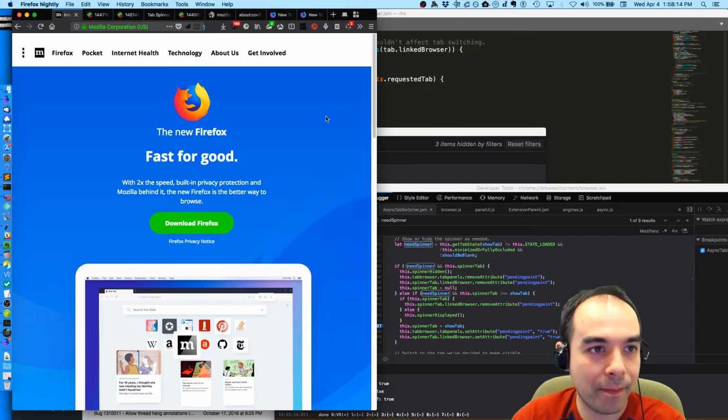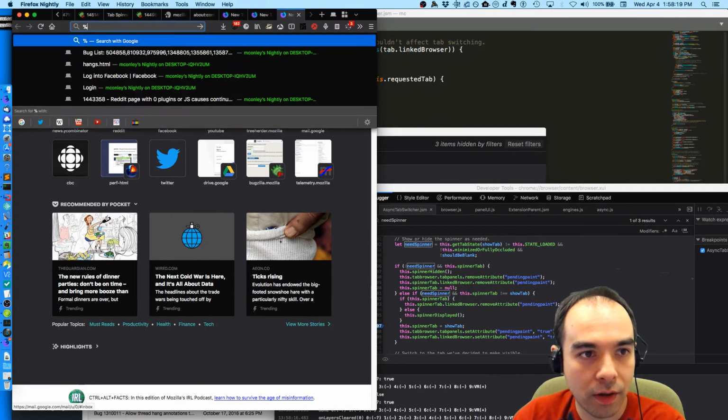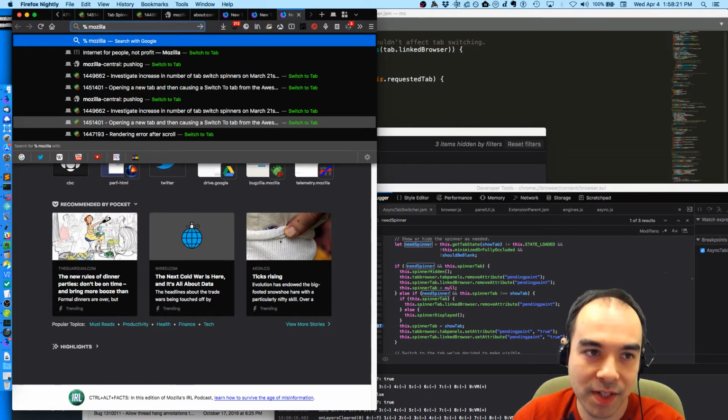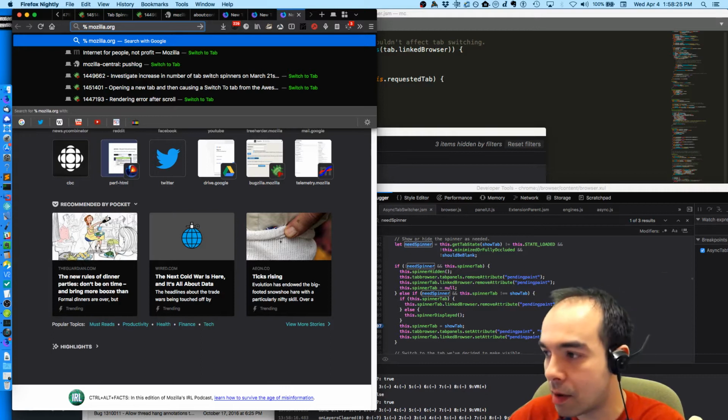I'll open a new tab, and then I'm going to type percent Mozilla.org. So percent is how we always ensure that the results in the awesome bar only